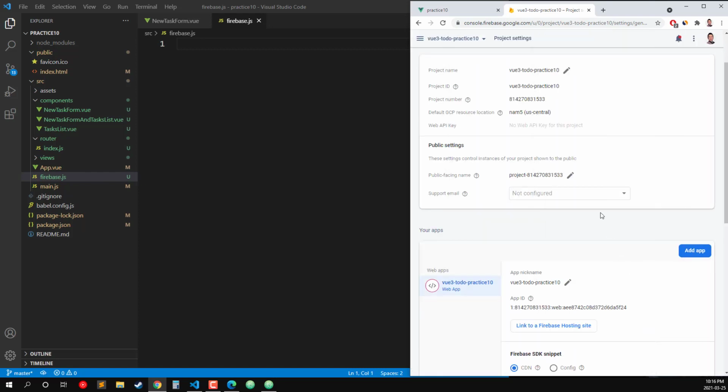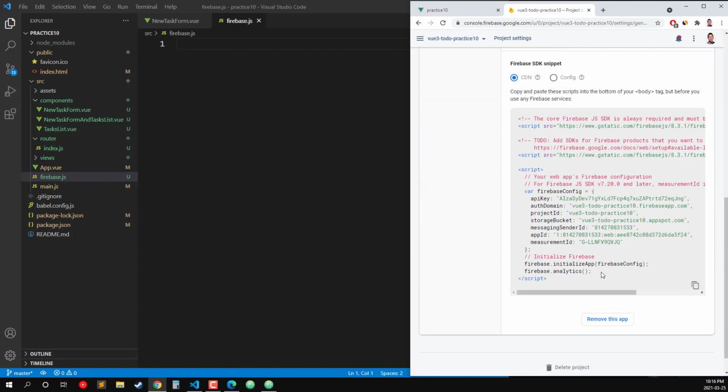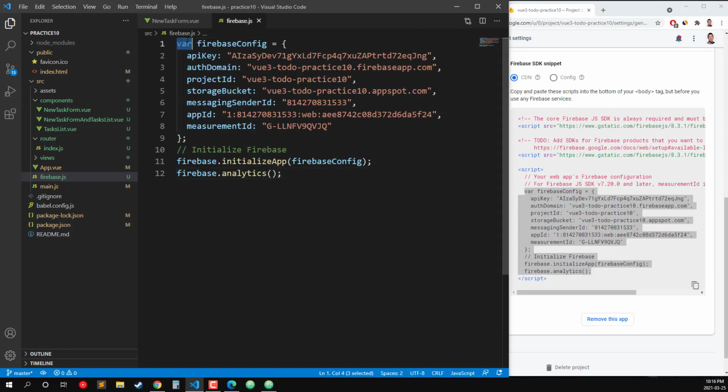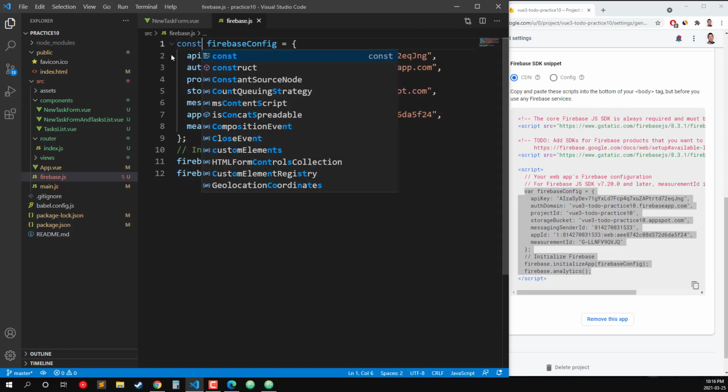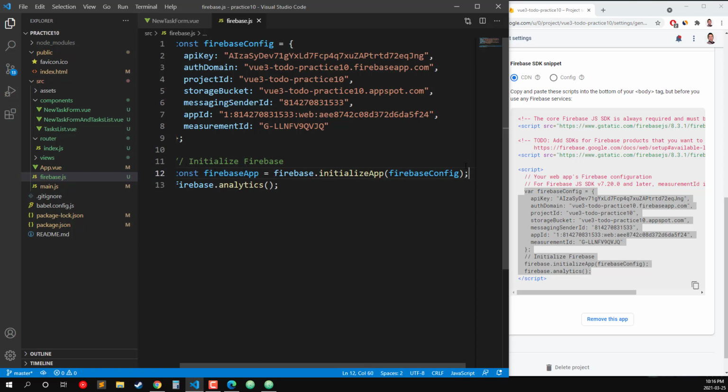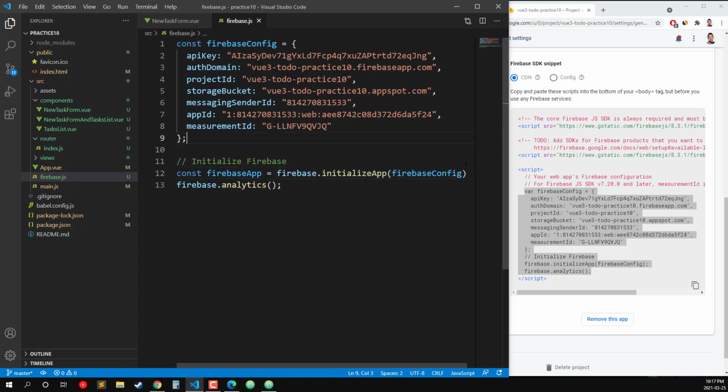Go to console, and now we're going to copy and paste this down here, and we're going to change that to const initialize Firebase, and I'm just going to check what I had before. So const Firebase app is equal to Firebase initialize .config. I'm just going to get rid of the semicolons